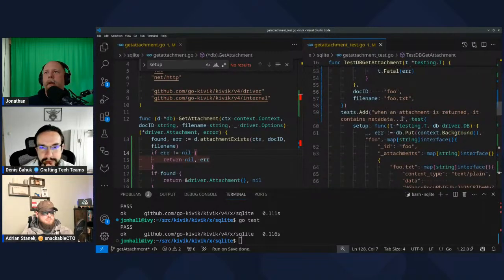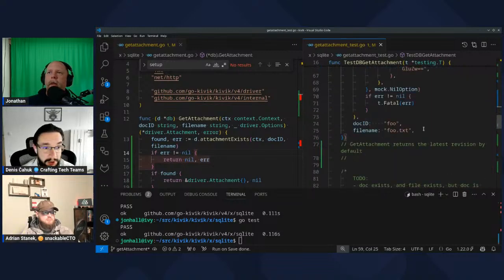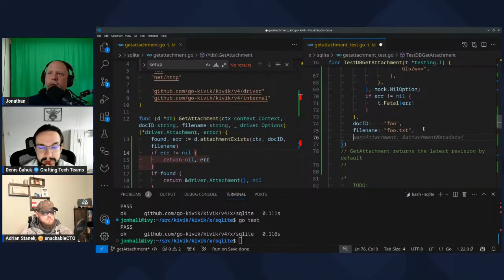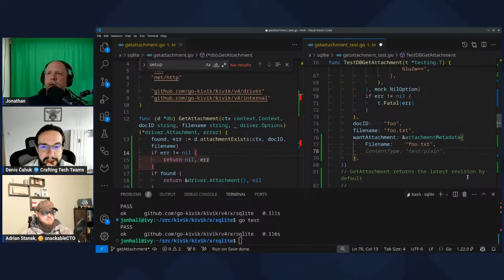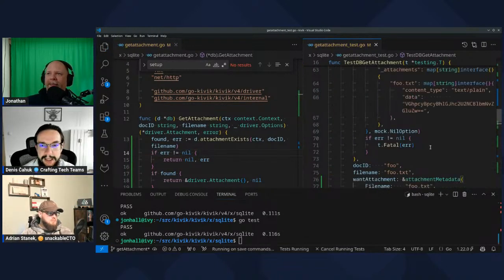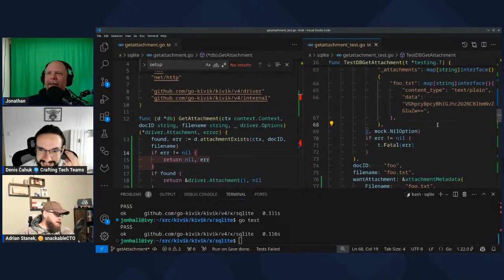All right. So the test helper is there. Now we need to quickly add the helper implementation, by the way. So you want the attachment, and we want the file name to be this, the content type to be this, and the length to be 24. Is it 24? I don't know. It might be, yeah.